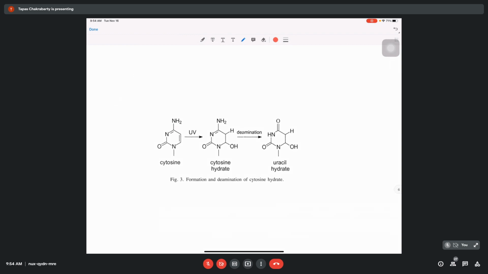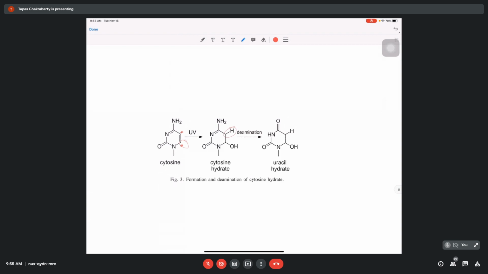There is of course another kind of chemical reaction that can also happen, the cytosine hydrate reaction, which is one that you can see here. The origin of the hydrate reaction is again the same. After this ultraviolet light absorption, you produce this diradical here. And once you have this radical, it can interact with a water molecule. It can split the water molecule, and the hydrogen part goes there, the OH part goes here. So basically you produce this cytosine hydrate.